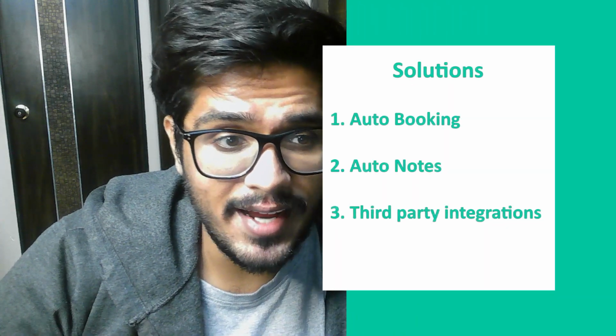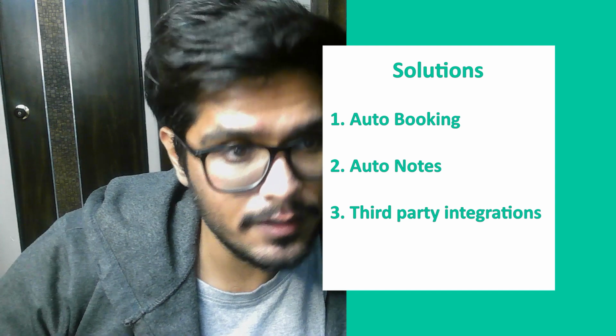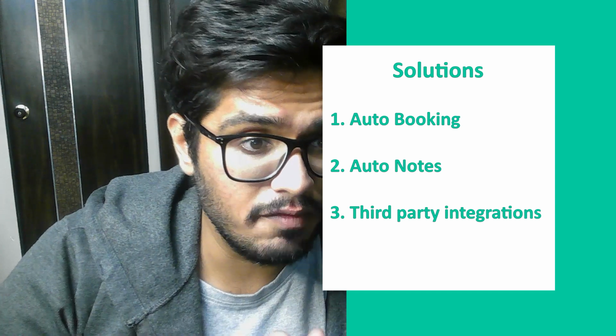Let's look at the solution now. So I have 3 solutions in mind. Number 1, auto booking. This feature will smartly identify free slots in both calendars, obviously ensuring that the time slots are within working hours and the user is not out of office, and automatically create meetings for these individuals. Number 2, auto notes. Will use machine learning and AI in order to automatically take notes. And number 3 is the extension to number 2, integration to third-party apps, where post meetings, these actionables can directly be pushed to apps like Jira, Trello, Asana with the respective individual as the owner of these actionables.